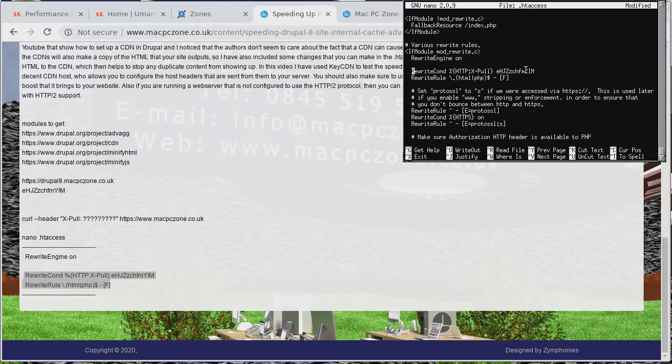And so what that does is, if you try to access the HTML or PHP and it has this key, which is basically what the CDN is going to send, then it actually blocks it. So right, if you save that,